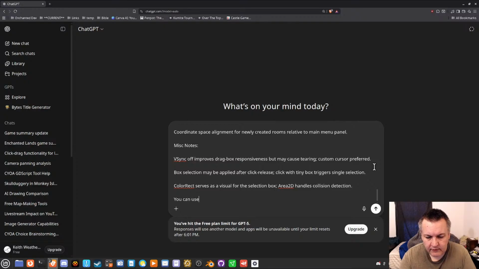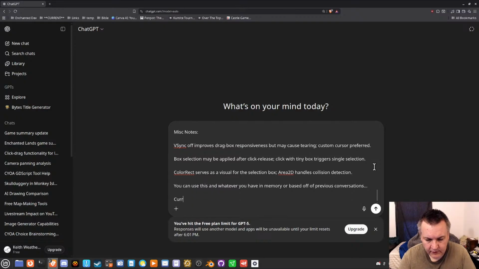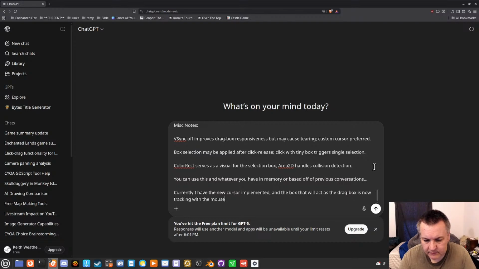So you can use this and whatever you have in memory or based off of previous conversations. Currently, I have the new cursor implemented, and the box that will act as the drag box is now tracking with the mouse.